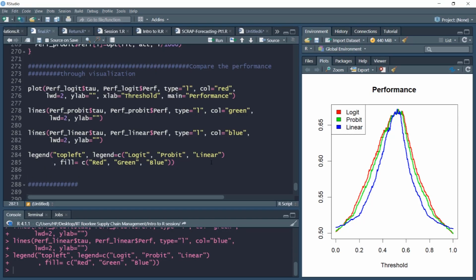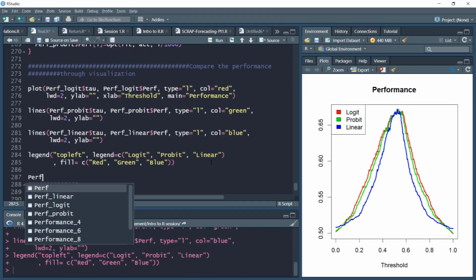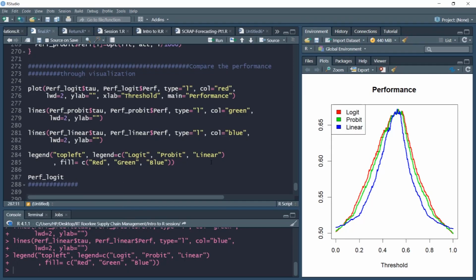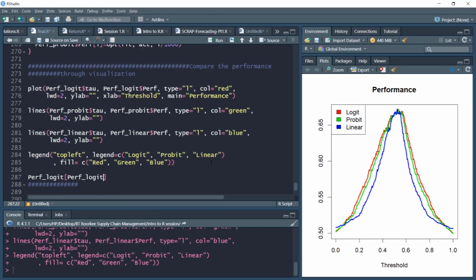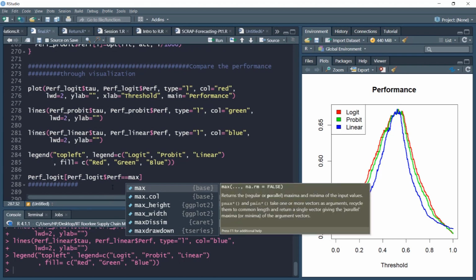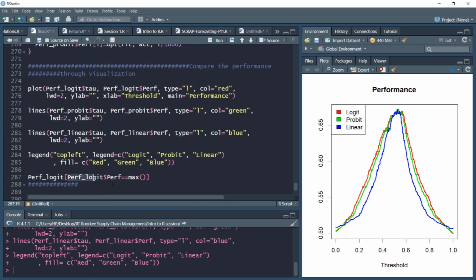Lastly, if you want to extract a particular value, for example, we would mostly be interested in the maximum performance value and what threshold it is at, to train our algorithm. So we'll be extracting it very easily. Notice the command: I'm extracting the performance value which is equal to max, just taking the maximum value, along with its threshold as well.